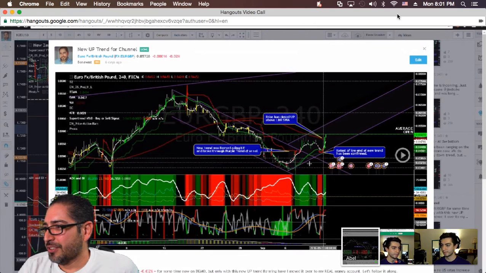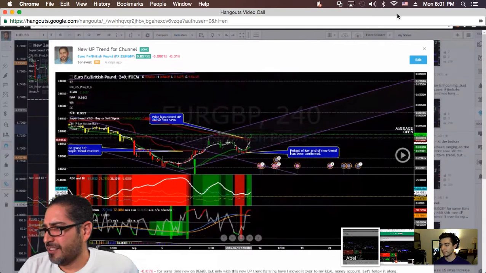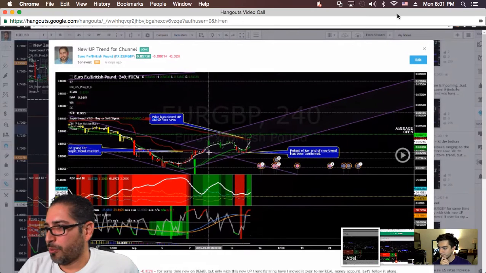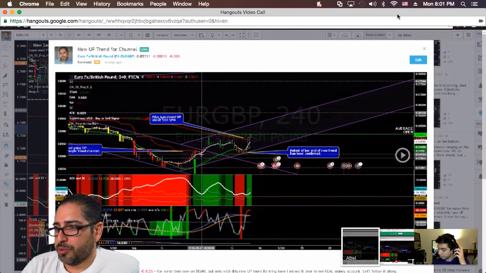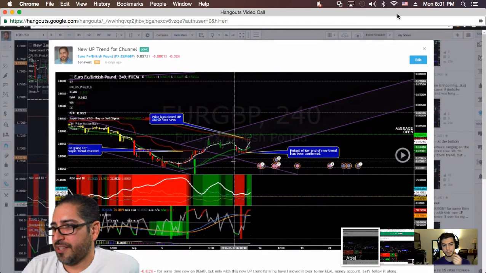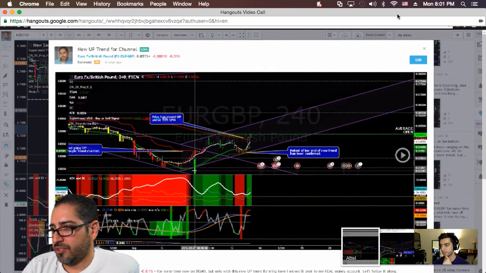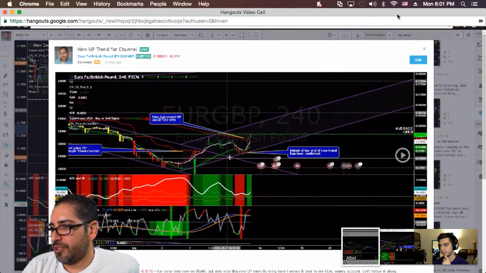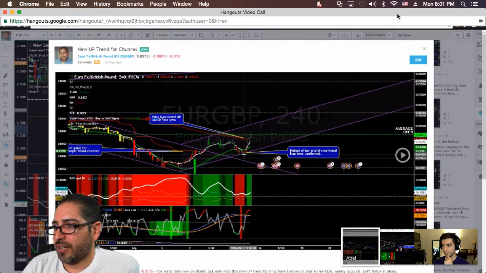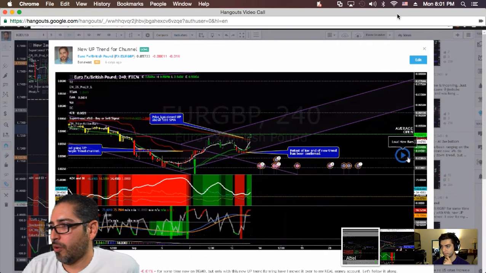So right here, I saw it break out of this purple channel, and my little way of looking at these purple channels is they usually break out and then they come back to retest. So it broke out, went up a little bit, and then it kind of floated back. I kind of ignored it during this time, and then I found it just like it is right here when I did the idea. It hit what I have here, the super trend indicator, and it bounced off of that and went back up. So I said, cool, I know it broke out of this downward trend channel, it bounced off the bottom, kind of like a support line, and it's probably going to go up. And then sure enough, I got into it.